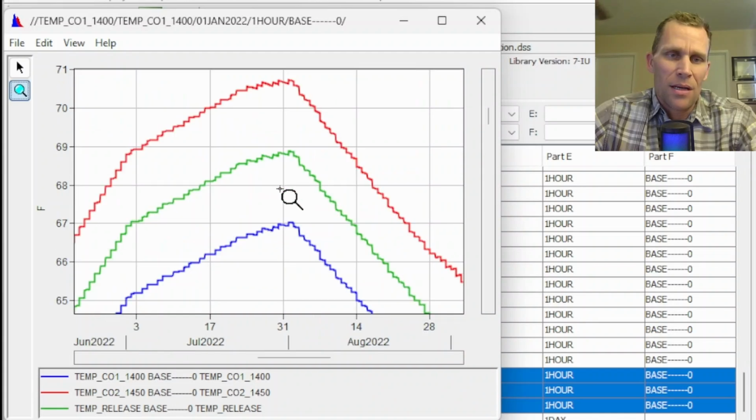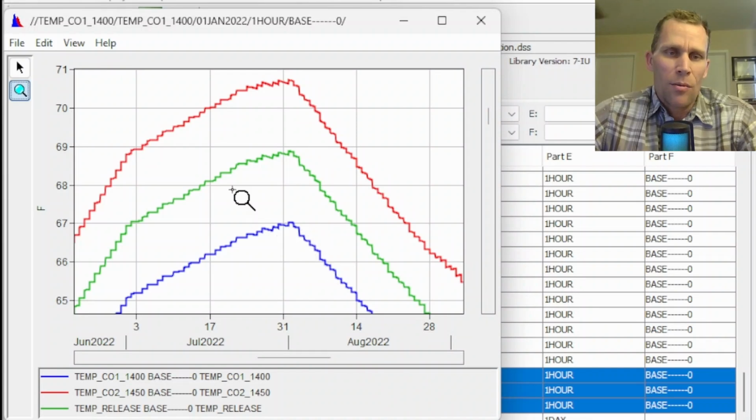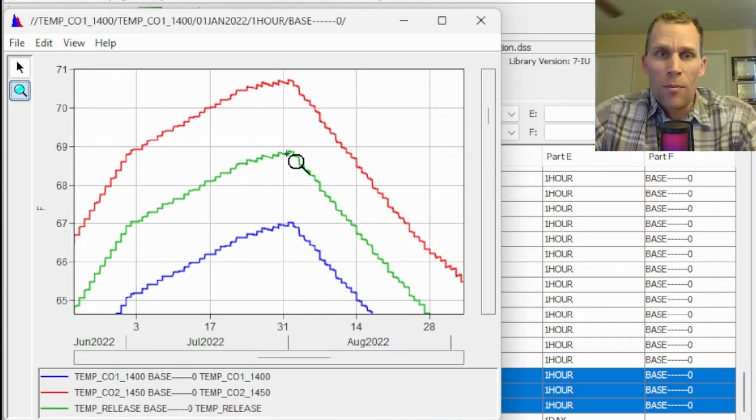So this is basically 50% vertical between the two. But say, for instance, that we limited the flow through controlled outlet 1, so more flow was going through controlled outlet 2. That means the downstream release from the entire reservoir would be warmer water. The green line would move closer to the red line. So let's go ahead and demonstrate that one last time, and then we'll call it good,